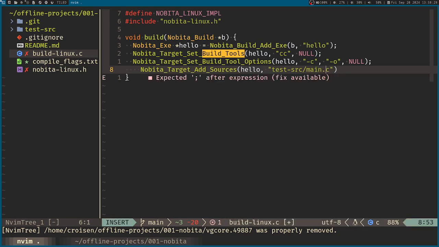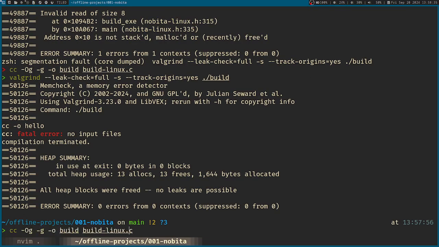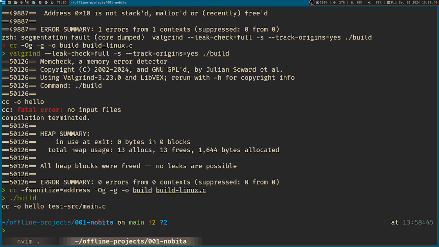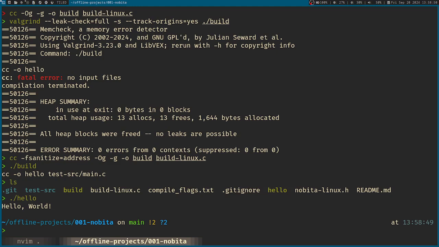Let's see. Instead of using Valgrind again, gonna use ASan. There you go. Hello. We finally built an executable